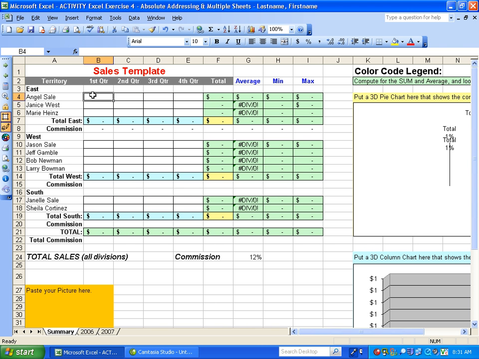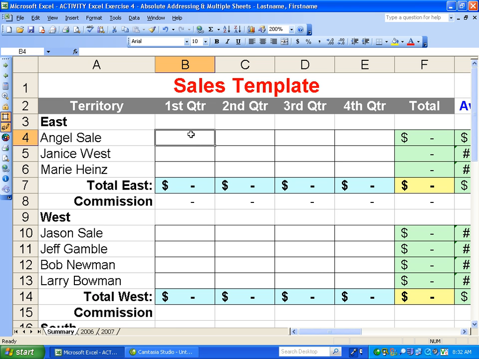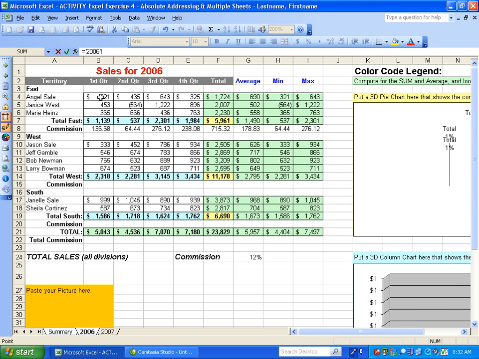Now let's move on to B4. In B4, we want to add the first quarter sales of Angel for 2006 and 2007. To do so, we just need to do this. Let me enlarge this. Press equal sign and then point to 2006, particularly to the same cell B4 of Angel,